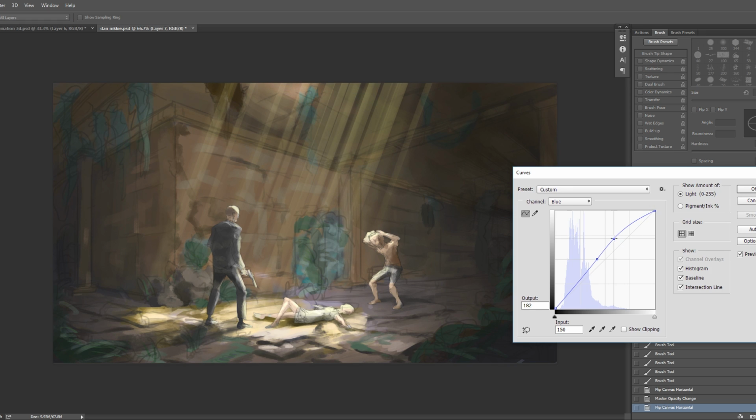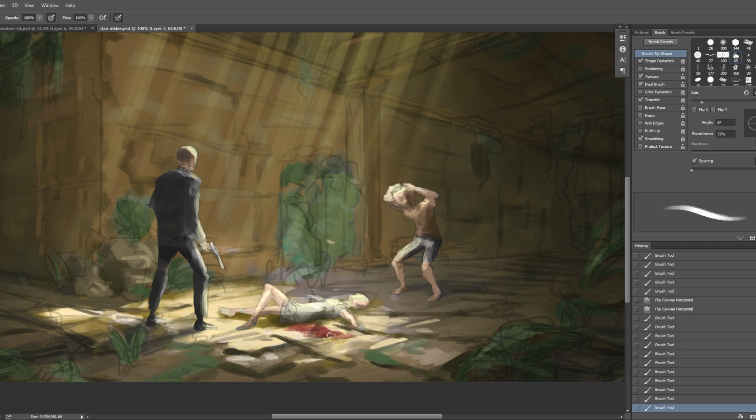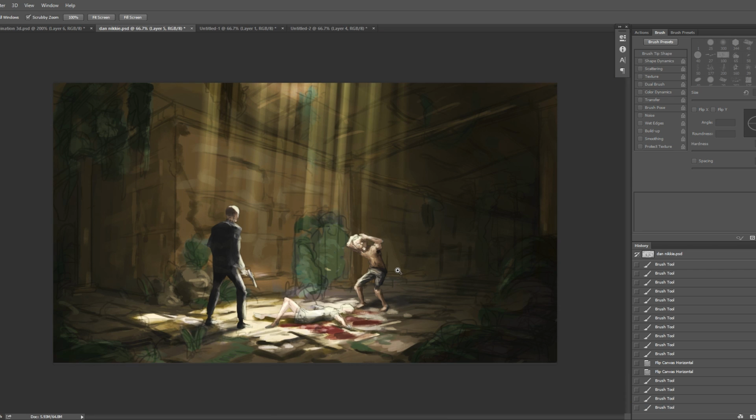Sometimes you might not like what the colors you end up with, so feel free to play around with them until you get what you want. I like using the curves filter. I think I'm gonna add in some yellow. Perhaps we can add in some, I don't know, some of that gore in here to show what has happened to the man. We've got this good starting point now to a picture.